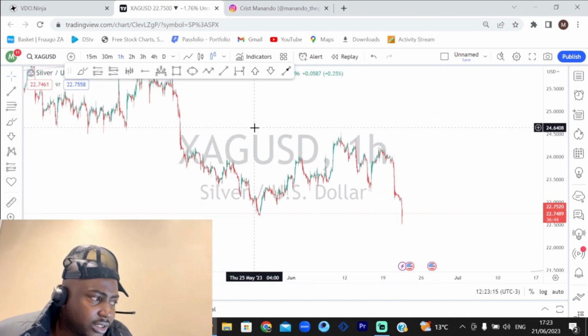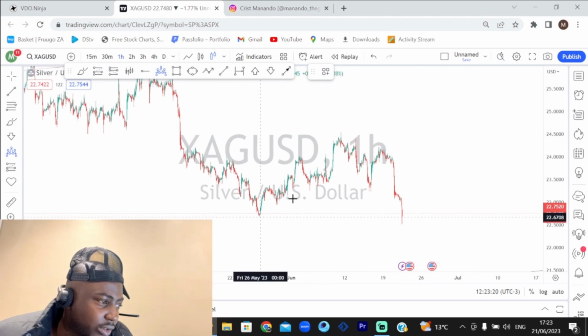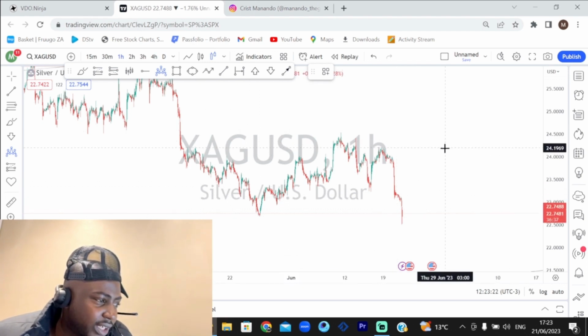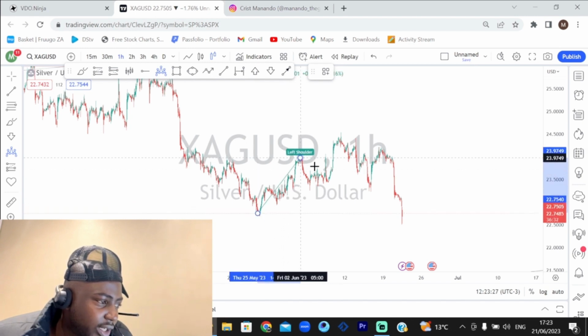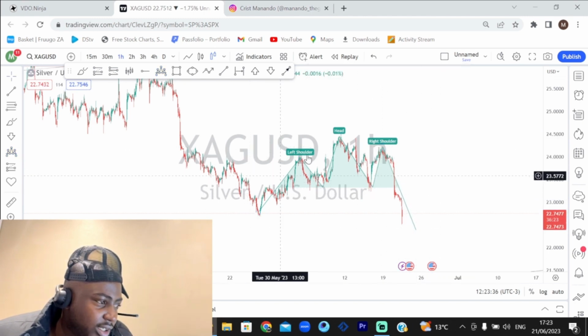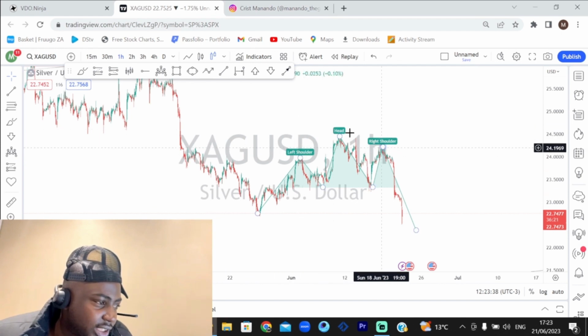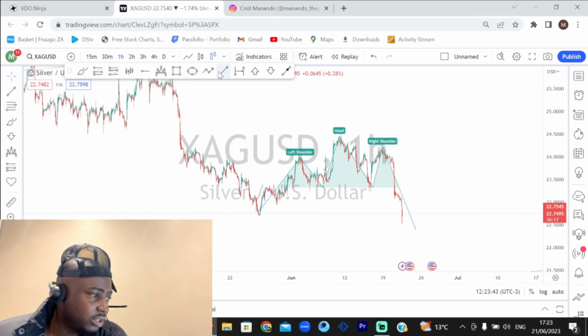So in this case, instead of drawing our structure of the correction, we will figure, okay, cool. From this point to here, I noticed this inverse, not inverse, but an actual head and shoulders. As you can see, first shoulder, second shoulder, the middle is our head. And for those who are really technical, you can just draw your